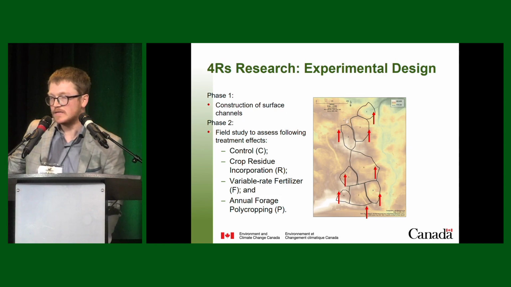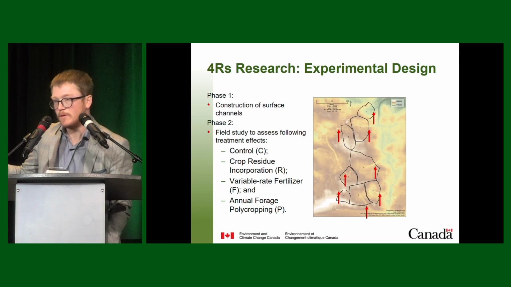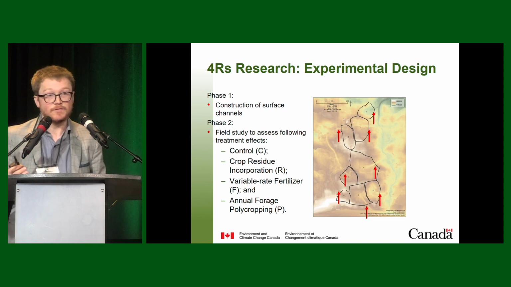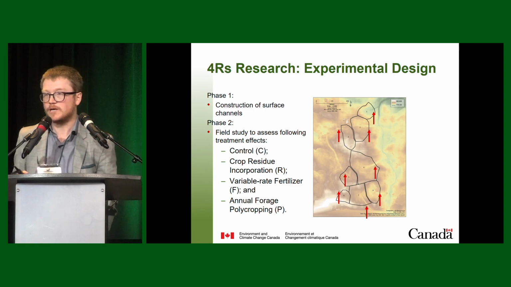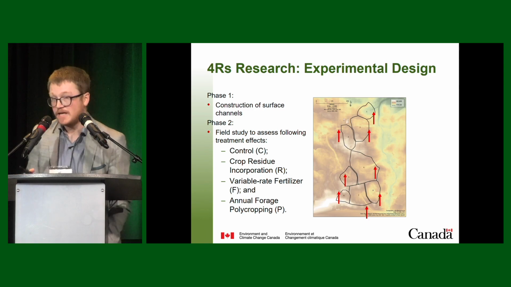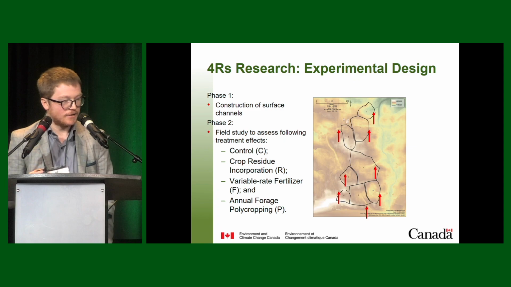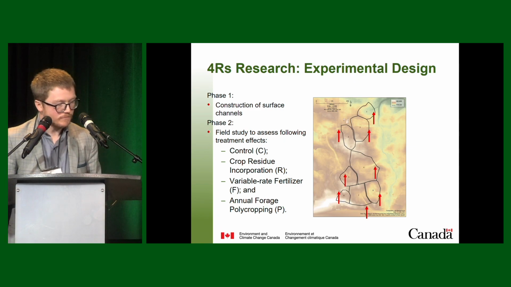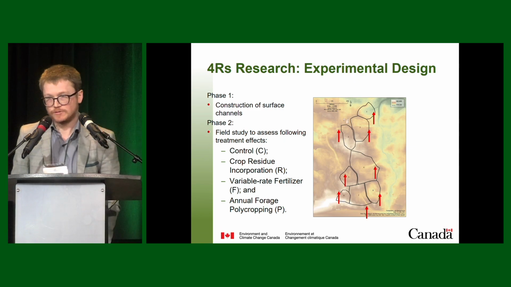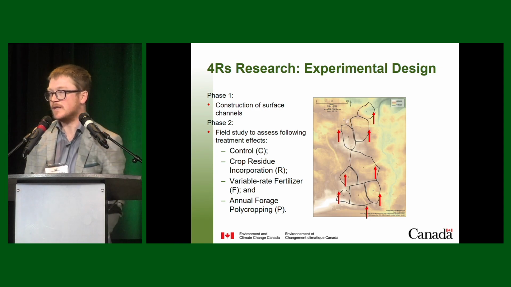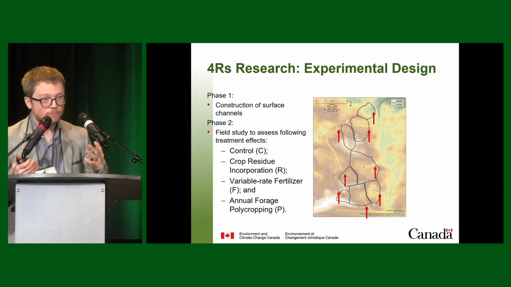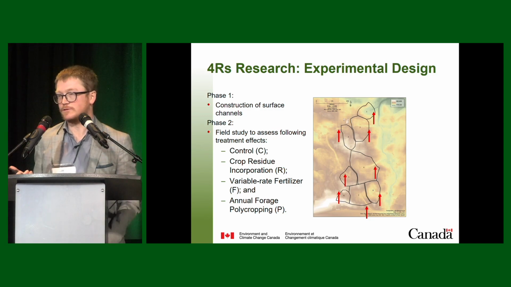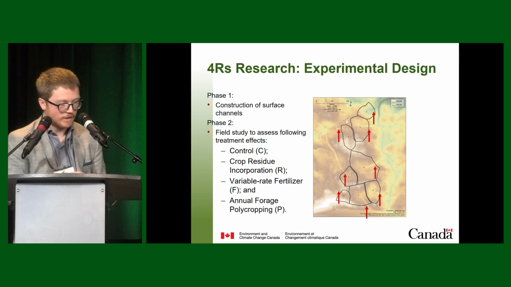We have a variable rate fertilizer application treatment with the goal really to reduce our nutrient application rates in these basin areas, especially in the bottom part of the basin where we may see elevated residual nutrient levels from that history of successive fertilizer applications, or they may be elevated in sulfates as an example, if they are saline as well. And then an annual forage polycropping treatment. The idea behind this being, can we leverage forages in a polycropping mixture, having different rooting architectures, to promote infiltration of water rather than lateral movement across the landscape?